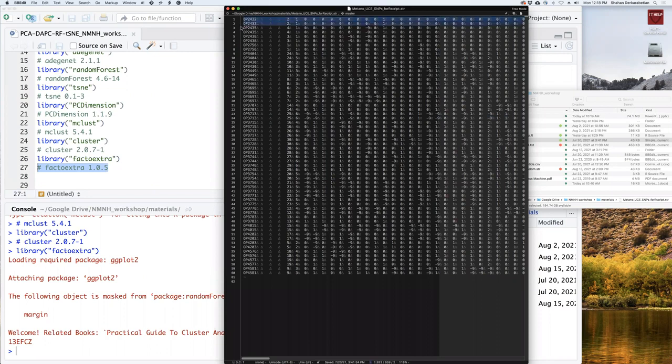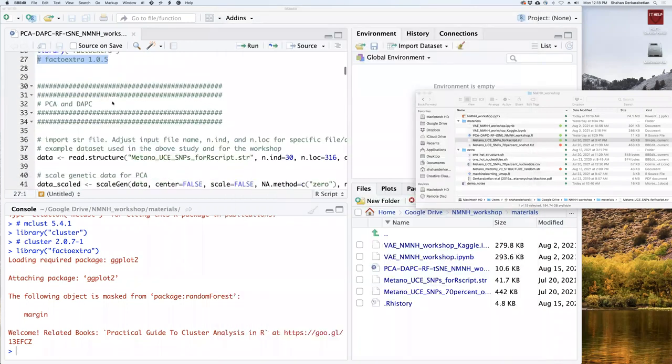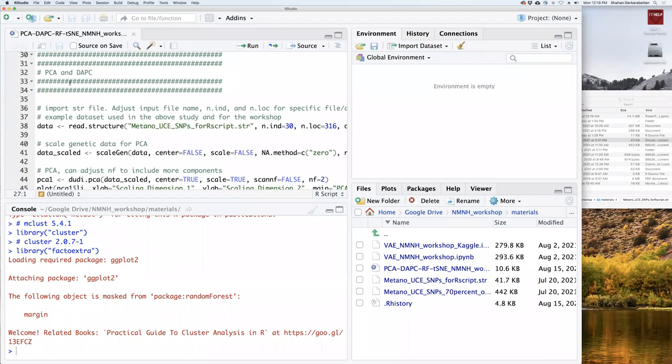One thing to note is that every sample is 2 lines. That's because we're dealing with haplotypes here. So you can see, for example, homozygous for this haplotype, we have this last specimen. Here, heterozygous, the 0 or a 1, right? Okay, that's the structure file. Now we're going to start with PCA, principal components analysis, and DAPC.